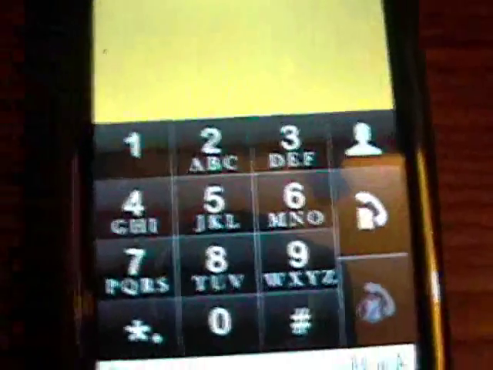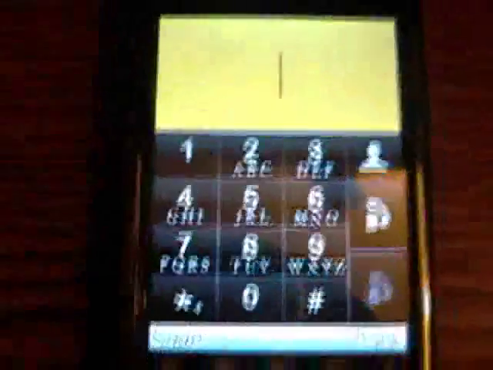Let's have a look at the final product. But first, let me show you that when you flash the phone with these type of things, it resets the clock. So you have to go into your settings and set your clock back to whatever it was. No big deal. And here is the new numpad with the letters underneath. Remember